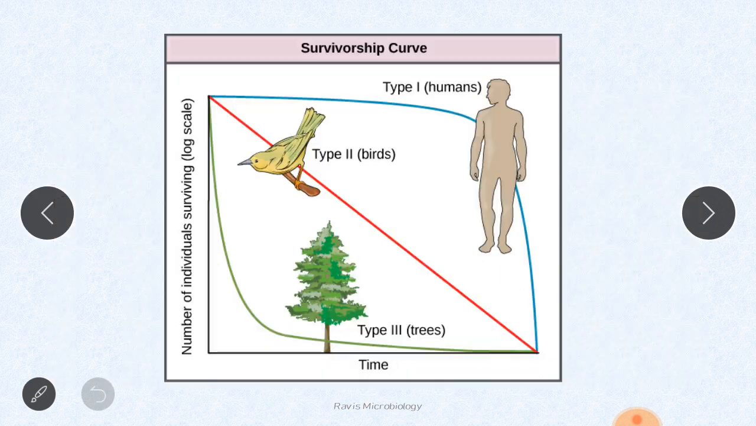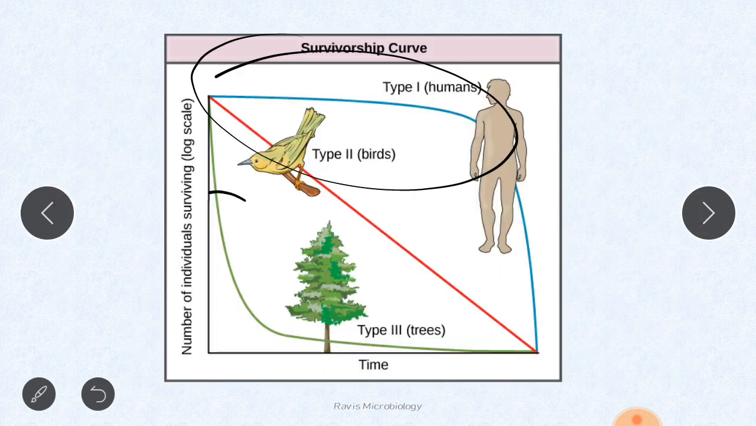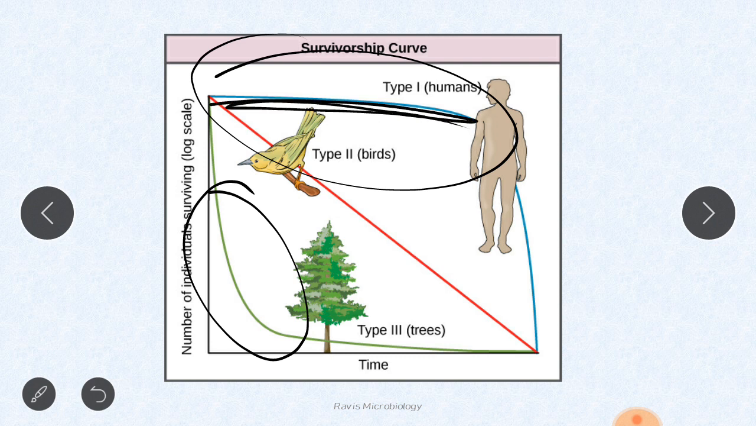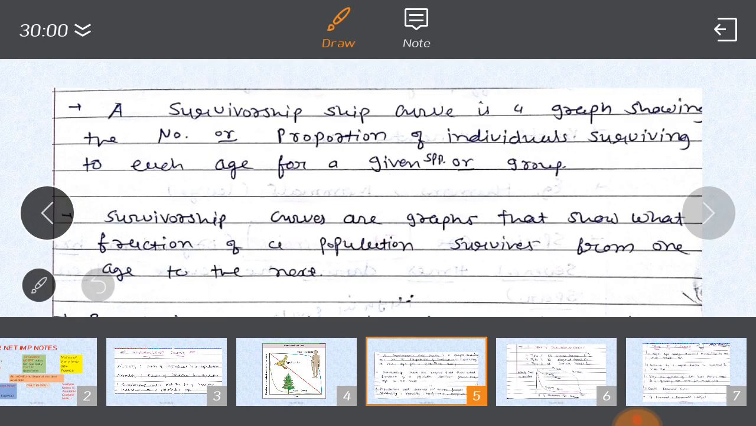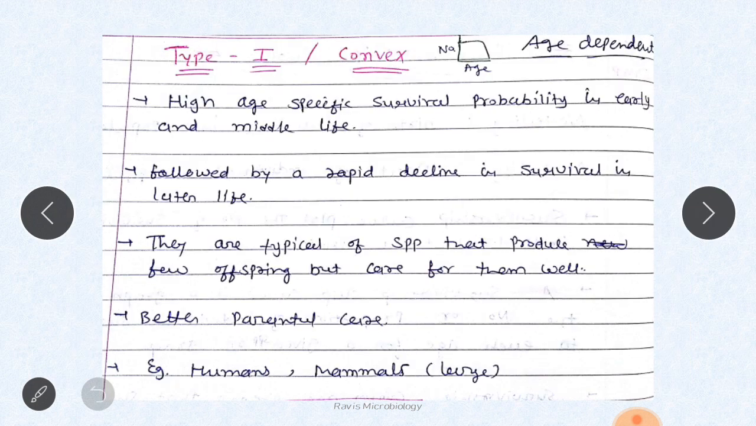So here you can see the curve. But why does this happen between these two different curves? Because here the individuals produce fewer offspring and care for them more, hence they easily survive the initial phase. But in the other case the offspring are very many, but the parental care is very little. This is the main reason behind this. Better parental care is the main reason for survival. Examples are humans, mammals and